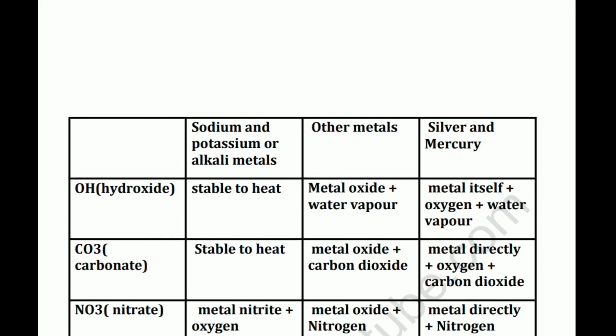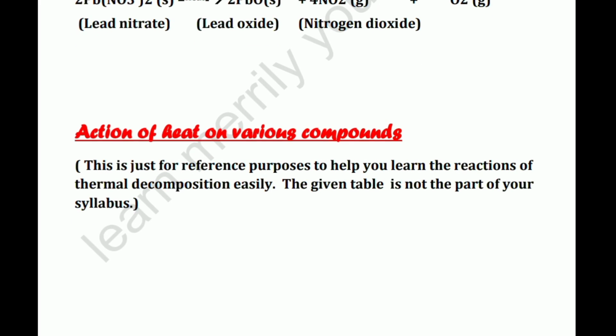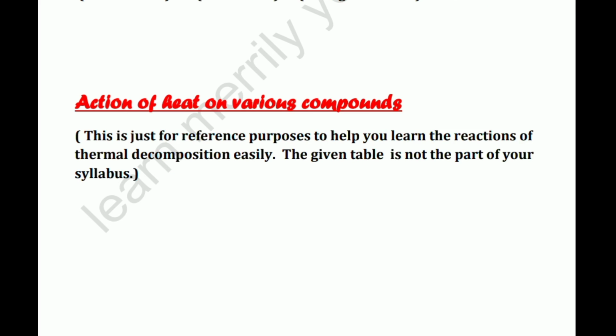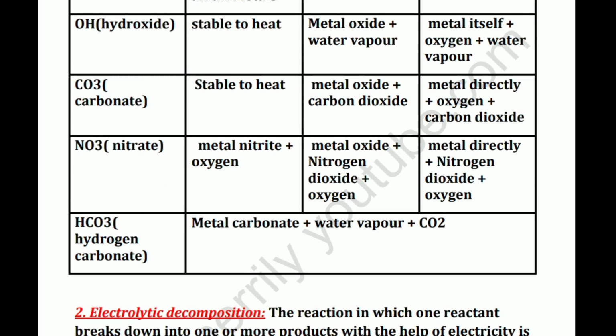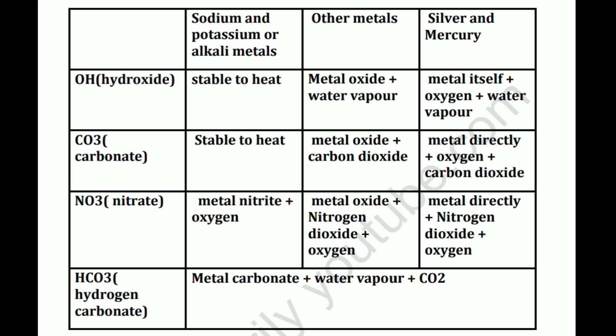Because, for example, you studied this reaction, now you made a mentality that similar type of reaction will take place when you heat any compound. Now if in the exam they ask you what will happen when silver nitrate is heated, so you might be thinking that silver oxide plus nitrogen dioxide and oxygen gas is evolved, but no, there will be a bit change. Since silver is less reactive, so what will happen? It will not form silver oxide. You will get the silver metal directly. As you can see in the table also, when you are heating the nitrate of silver, what you will get for silver and mercury? Metal directly plus nitrogen dioxide gas and oxygen. So you are not going to get silver oxide, you will just get silver in its native state. So you can go through this table and you can understand it.